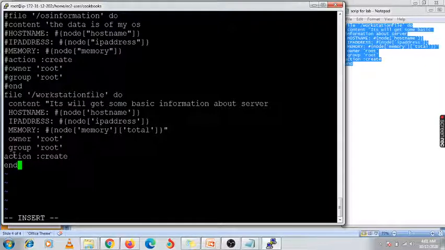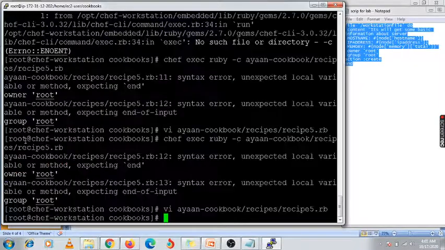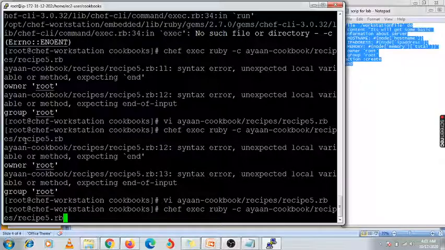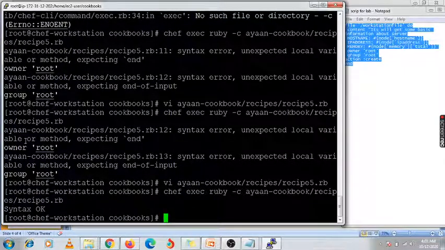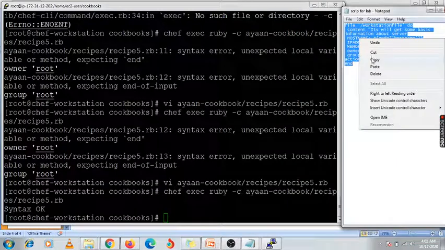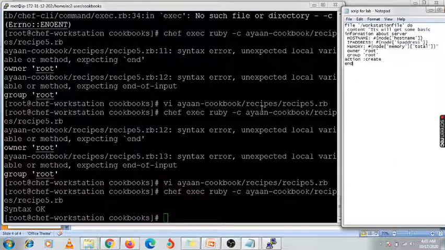There is some issue with the space or something. Okay, no issue. We can check it again. Chef execute it. Yeah, now it is working fine. That is my syntax. So I will put this recipe content in the description of my video.